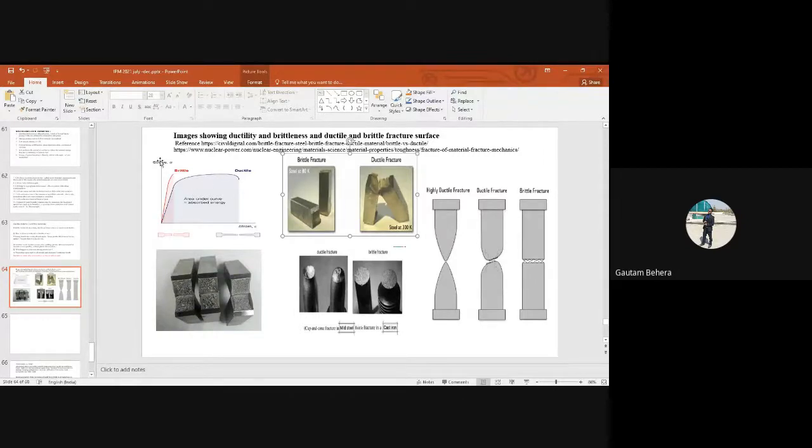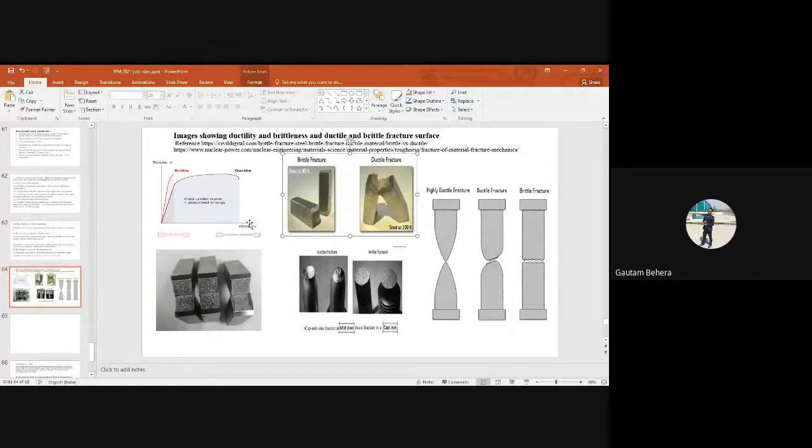Fine. And from a stress versus strain curve, because you have to do a tensile test. When we do a tensile test, we can draw a curve with stress on the y-axis and strain on the x-axis, right? By drawing a curve for different materials, ductile and brittle, you can say this is a ductile material, this is a brittle material. For a ductile material, the curve is like this. It shows large elongation or large strain or large ductility, right? From here to here. But for brittle material, the region is from here to here. So ductility is very less.